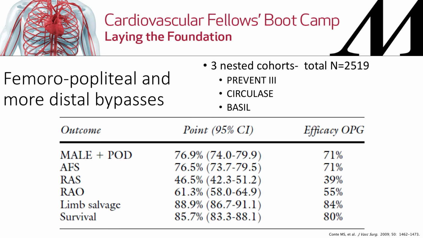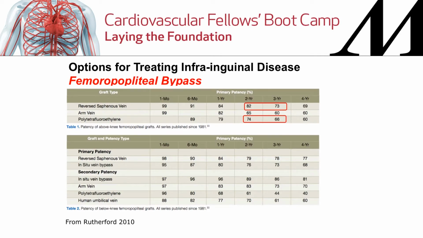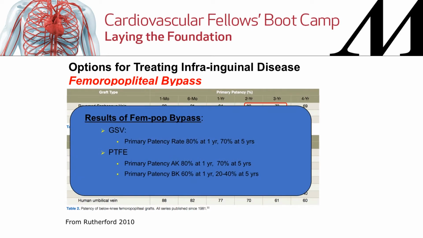Okay. Other things, the femoral popliteal artery bypasses. I'm not going to go into too much detail about these, but in terms of your primary efficacy, this is defined by Conti et al. They defined your goals for your quality. But most of your standard benchmarks, you're going to want to have primary patency rates of about 80% if you're using greater saphenous vein and PTFE. Above the knee, you're having about 70% at 5 years, and primary patency of about 20 to 40% below the